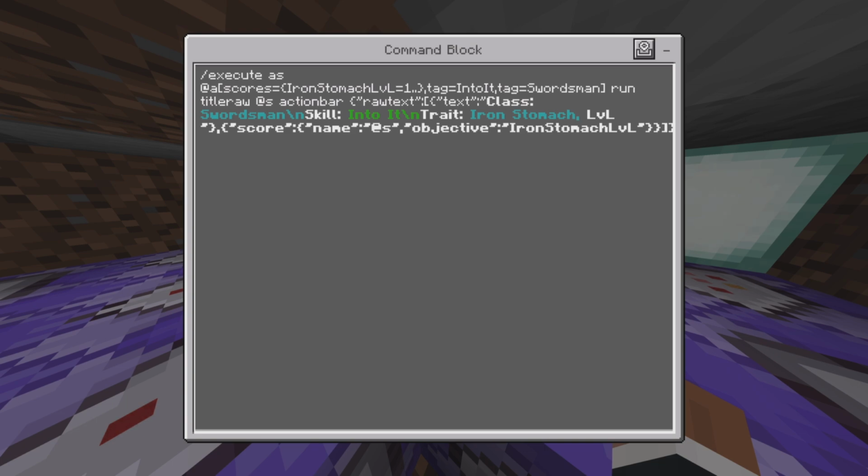It will run a Titleraw. So we run a Titleraw command at @s. The reason why we put @s, or yourself, is because we've already defined what player we're looking at. A quick little tip is start with curly brackets,